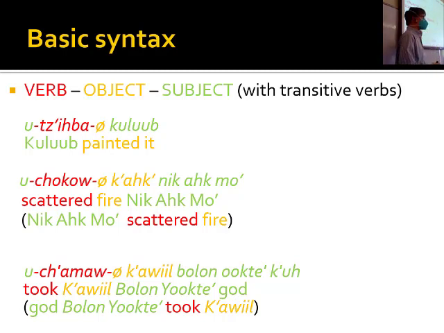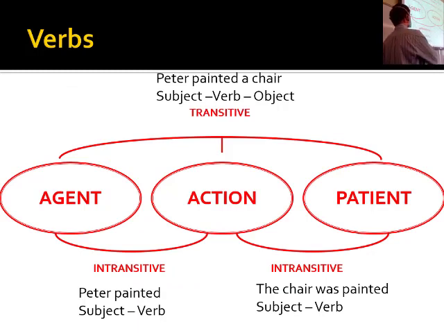In your assignment, you'll be looking at basic Maya sentences, which will be either an intransitive verb with a subject or a transitive verb with an object and a subject. The other way to think about verbs is not in terms of subjects and objects, but agents and patients. It's a little bit better because it allows you to think of not parts of a sentence, but how verbs describe action. So in action, there is sometimes an agent from whom the action happens, right? And the patient at whom the action is directed, right? So any action has an agent or a patient. When actions have both,